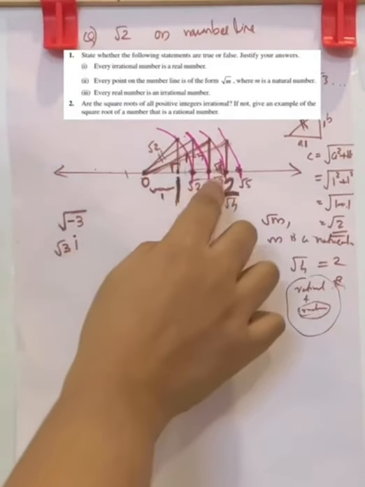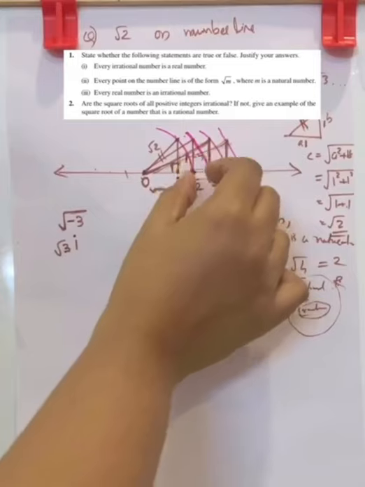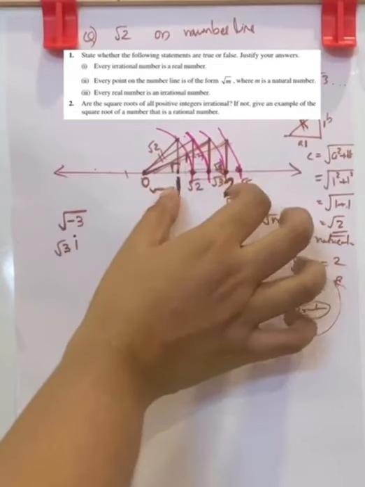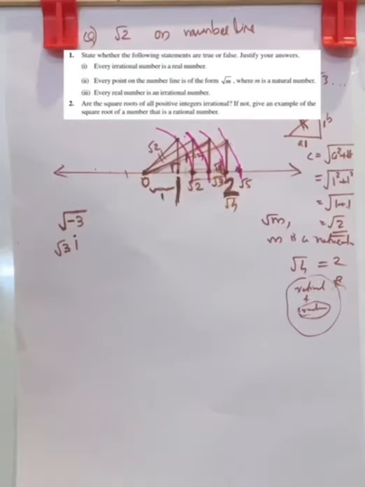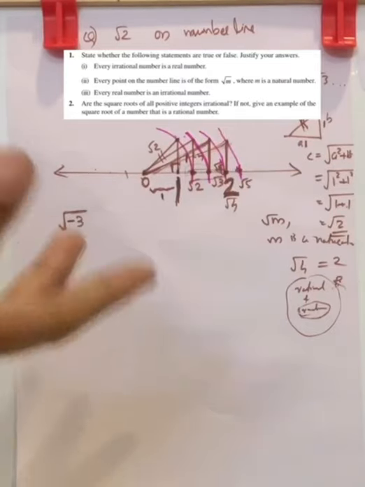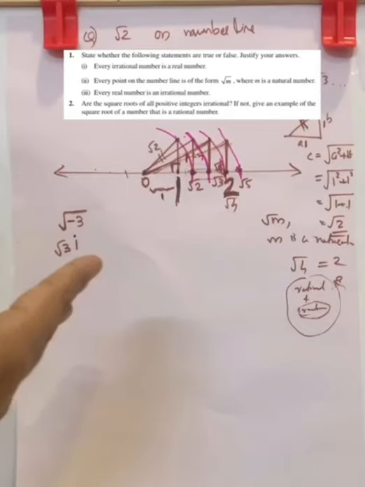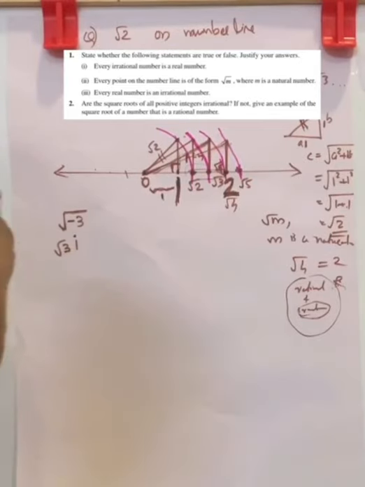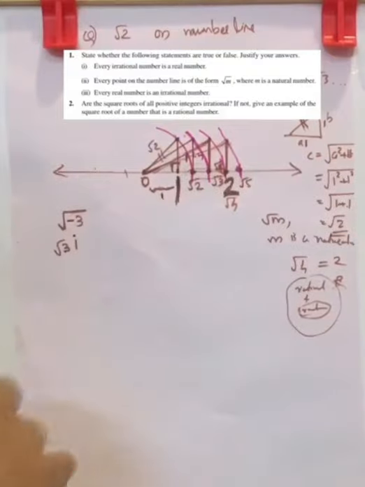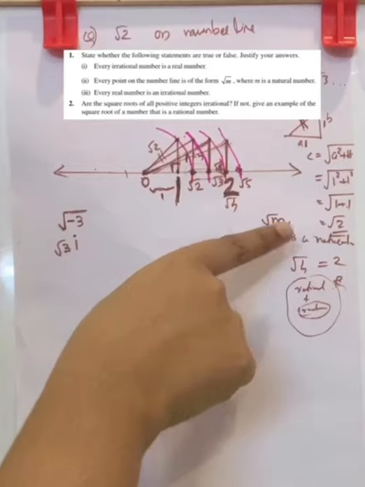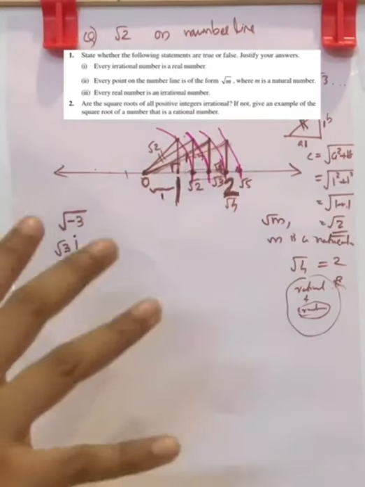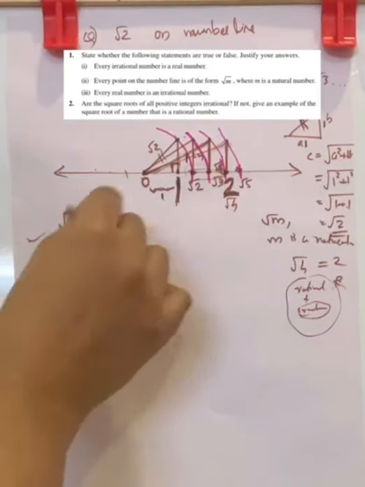Examples are root 2 and root 3. The value lies between 1 and 2, two natural numbers. So these will definitely not be natural numbers. Natural numbers we learned before, we are taking them for counting, and we will not start counting with 1.1, 1.2 like that. We will just count it as 1, 2, 3. So anyway, m is not a natural number for all root m's. Consider this case and this case.